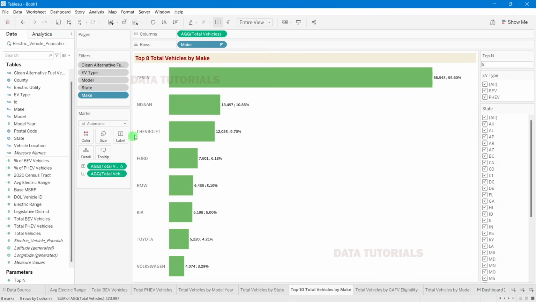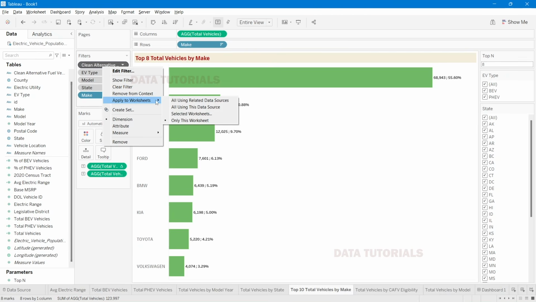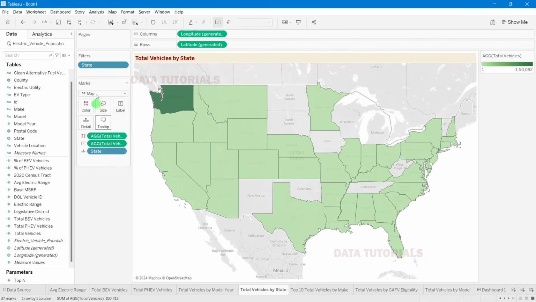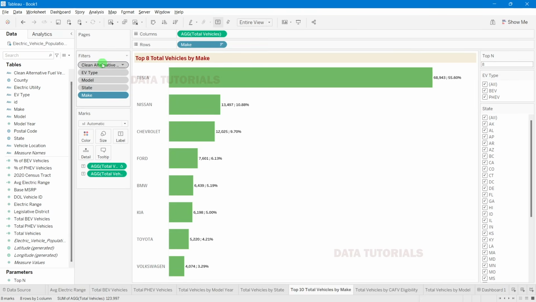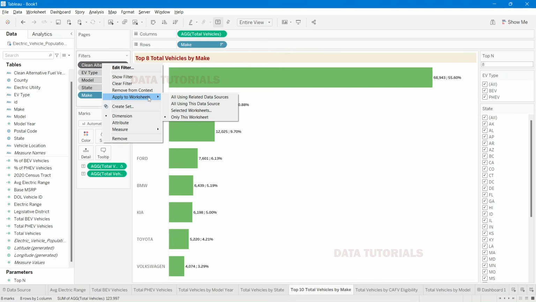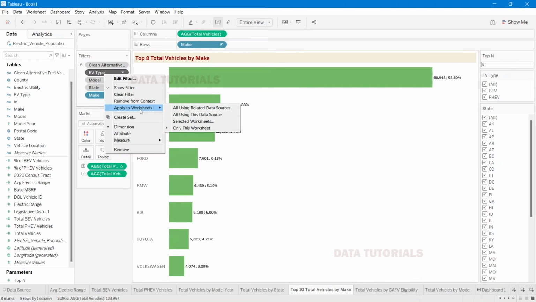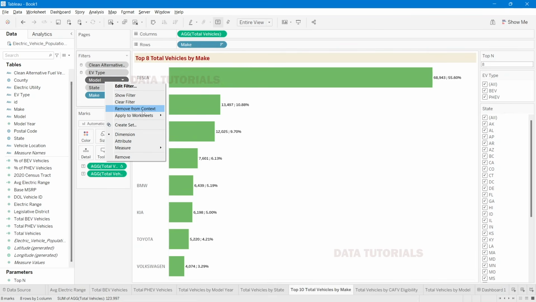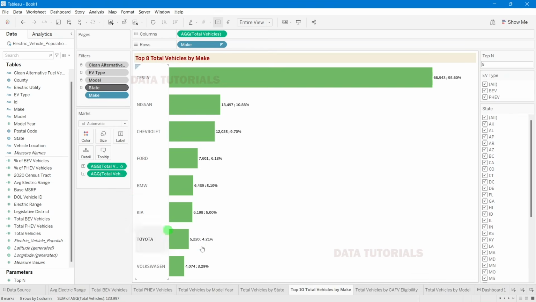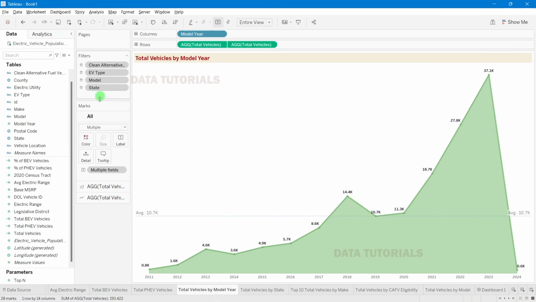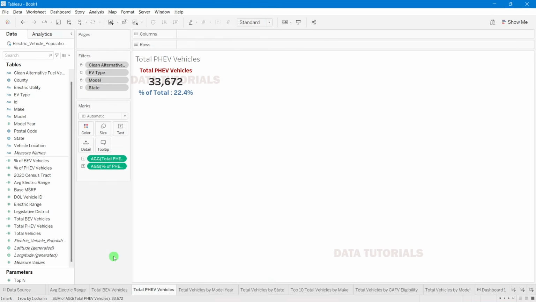And now what we have to do, we have to add all of these filters to all of these sheets. So right click here, and here you have an option called apply to worksheet, all using this data source. So you can see it is added over here, but here you can see not added, right? So for that I will right click on apply to worksheet and click on all using this data source. Similarly for this also, and here also, right click and all using this data source. And now here you can see everywhere the filters are applied on all the sheets whichever are using